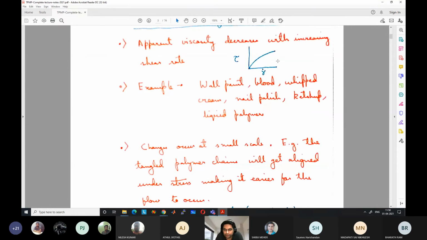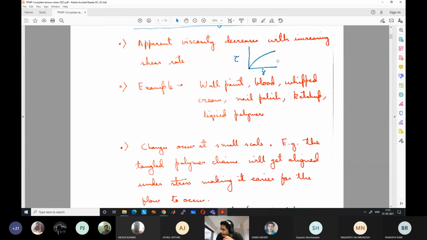Similarly, for liquid polymers, they are not designed in this way, but this property is taken into account for molding them. So if you use large stress, like in injection molding, you are applying large stress on them, so they flow like a liquid, and if you have a mold, it can be filled very easily. Even the corners and very thin parts of the mold can be filled very easily under large stress.